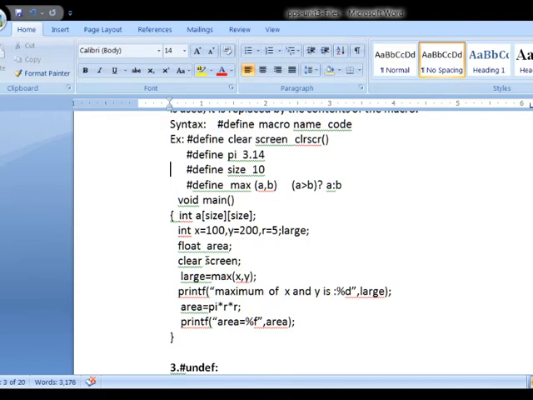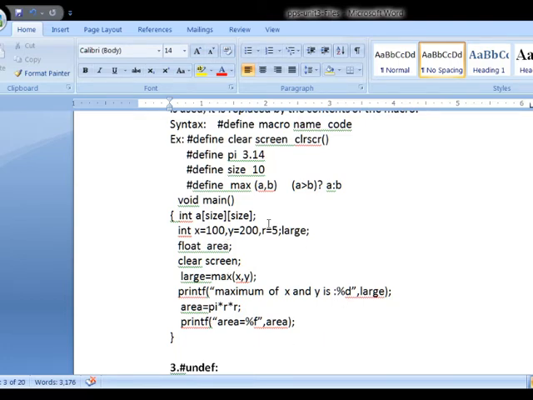Similarly, coming to here, CLEAR_SCREEN is one more macro name. In its place, the CLR SCR function is replaced. Next, MAX(x,y) is another macro name. In its place, x greater than y question mark x colon y is replaced. Here I have declared x equal 100, y equal 200.